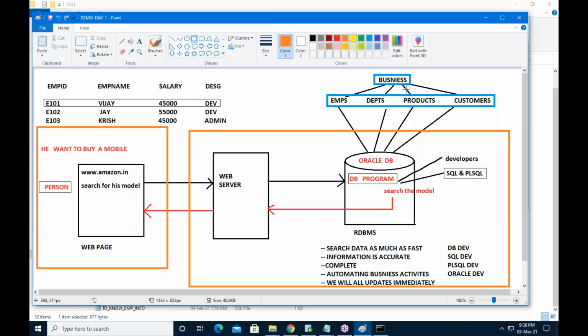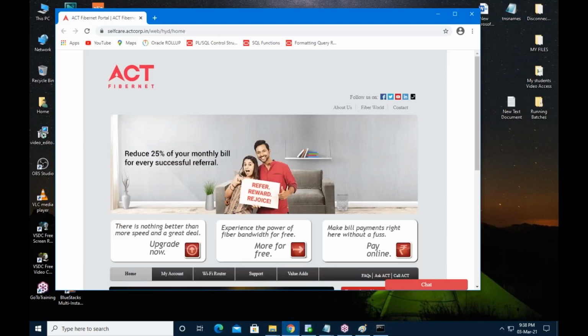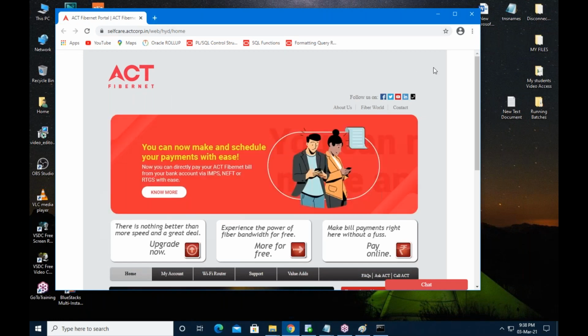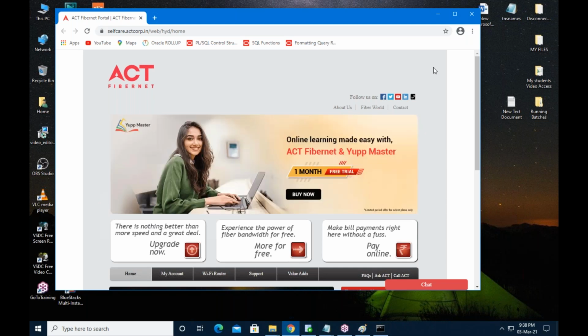Client means person. Suppose I want to register. I open the web page, and in it type facebook.com, sign up. Then it is asking for first name, last name, gender, date of birth, username, password. Once I fill in the details, I hit register.